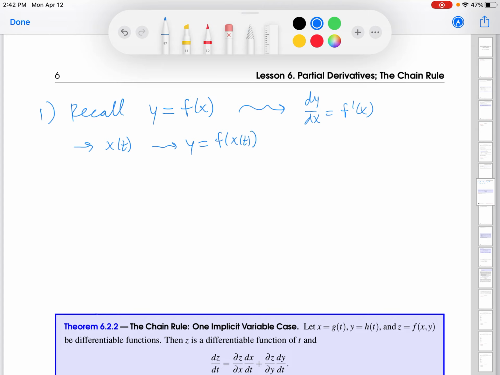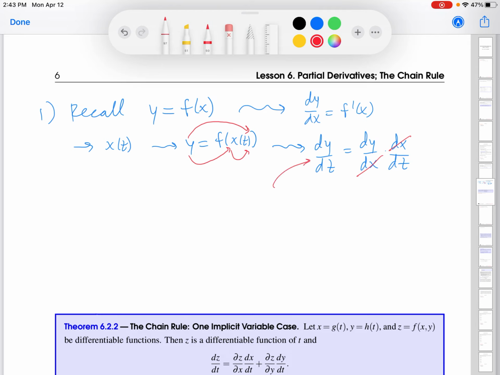But it's an implicit function. I'm not going to tell you what x of t is. I can still calculate dy/dt, but I now have to go through x first. So in order to calculate dy/dt, I have to do dy/dx and then dx/dt. So this is the Leibniz version of the chain rule, dy/dx times dx/dt. The reason I'm showing you this version is because it makes it easier to remember the chain rule. One way to remember it is these dx's cancel,